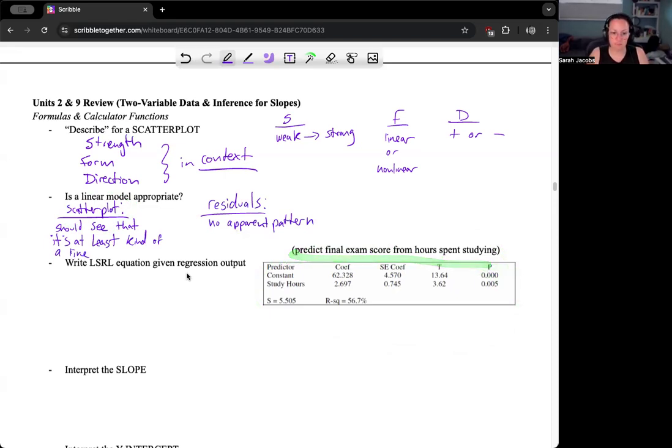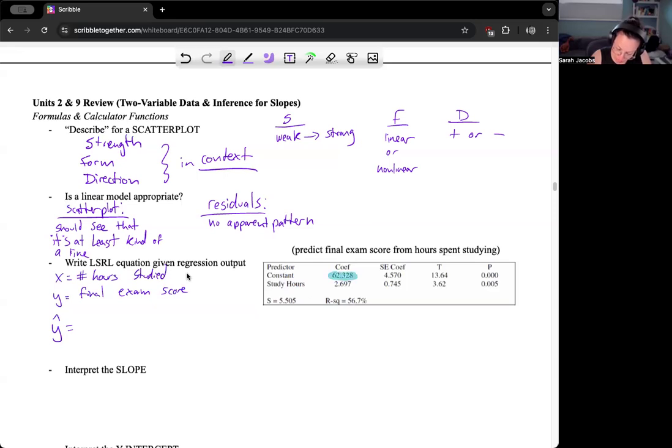Okay, so first up, if we want to use X and Y, let's say X is our number of hours studied, which means Y is our final exam score. Remember, if you use variables, you must define them. Then we're going to say Y hat, because our regression equation is always a prediction. So Y hat is equal to, and then we're going to use